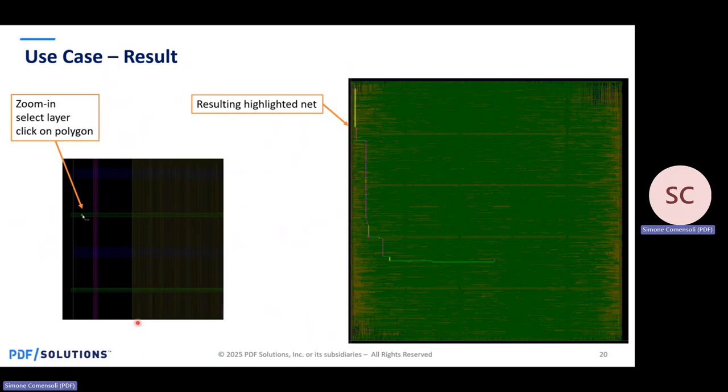Here we just briefly show how the tool works. In the left snapshot, you see a zoomed-in version of the initial user input, defined by the point where they click and the selection of the layer, which in this case is this dark green, metal 3. And on the right, you see the result with the highlight of the polygons belonging to the network